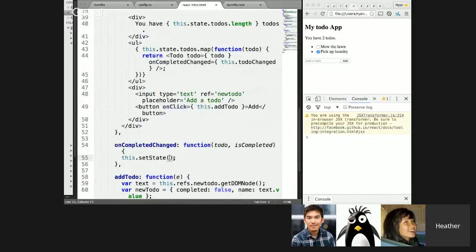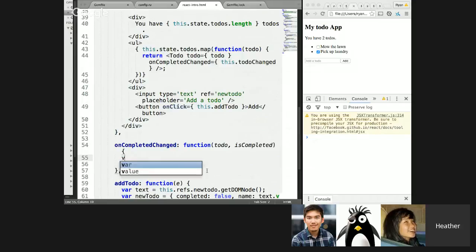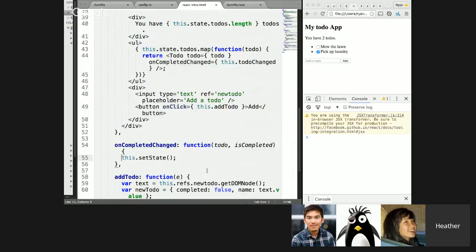Sorry, one thing I need to figure out is I need a way. So I'm getting the to-do in here, and I need to find that to-do inside my array, right? So I'm going to retrieve my to-do. I mean, actually, what I could do in this case is I can actually just say,